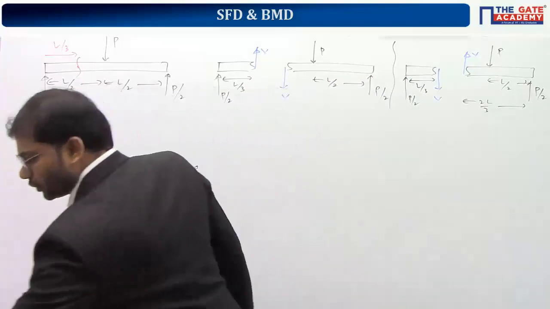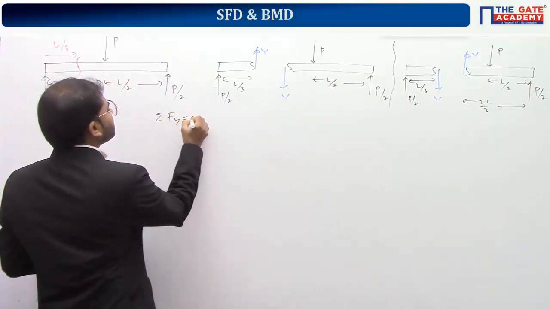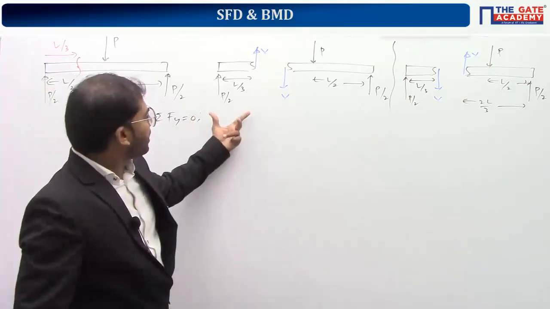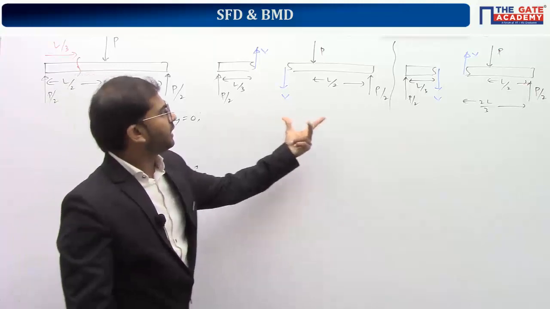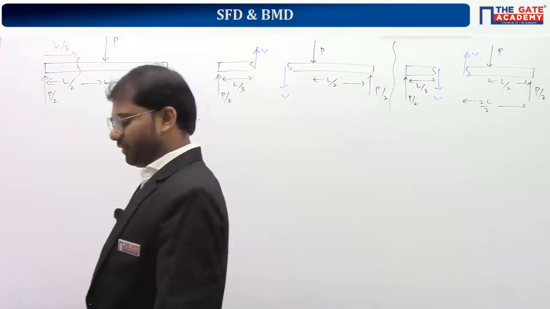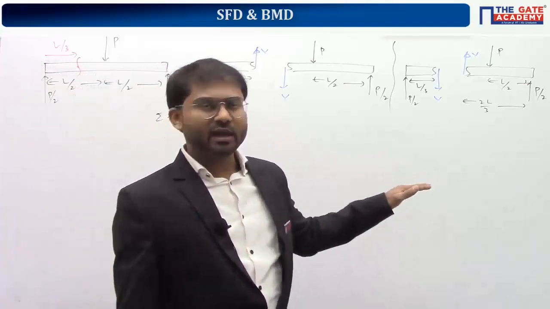So here, to get the value of V, we can apply the condition that net force in y direction is equal to 0. Because we are evaluating the force, apply net force in y direction equal to 0 and get the value of shear force V here, here, here, here, and let me know. Do it, everyone. Completely copy everything in the same way and do this step.